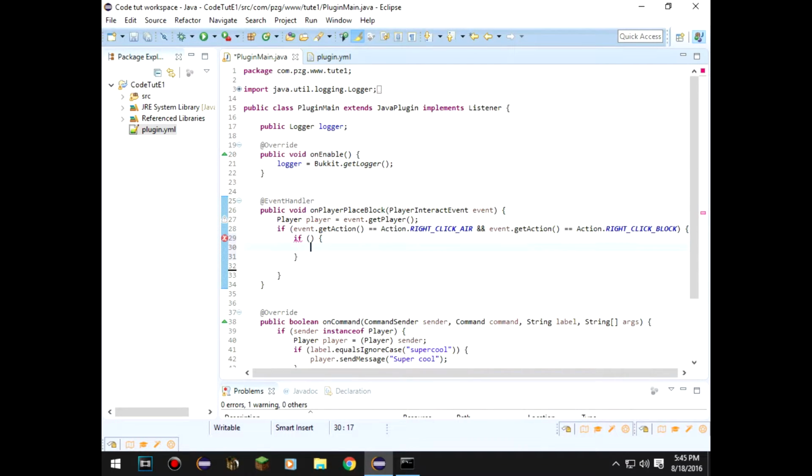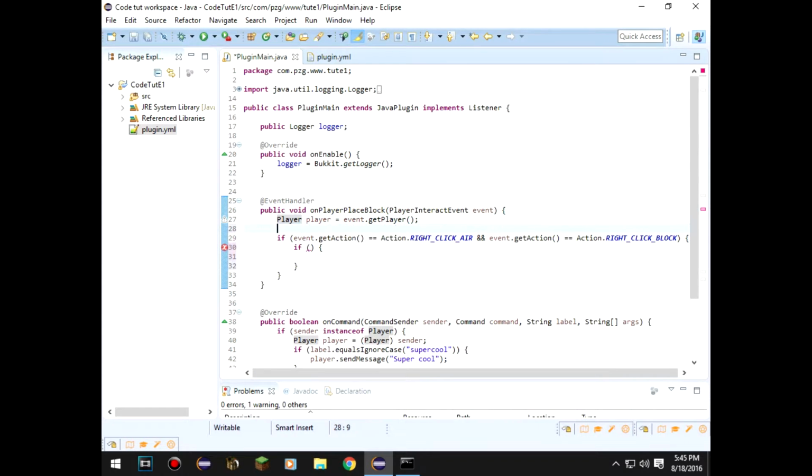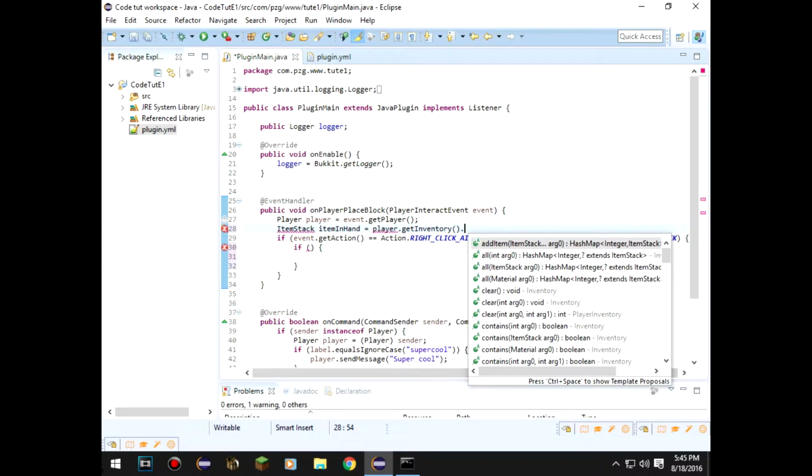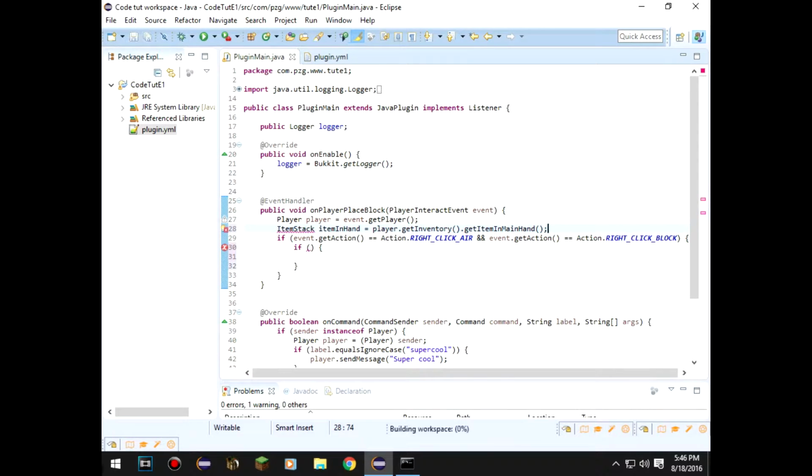if, and here is where we need to go ahead and get our next thing. We're going to call this thing an item stack. So ItemStack, just like that, capital I, capital S, and we'll call this itemInHand equals player dot getInventory dot getItemInMainHand. Alright, do not use getItemInHand because that will soon not be a thing. So let's make sure we do dot getItemInMainHand, and the reason for